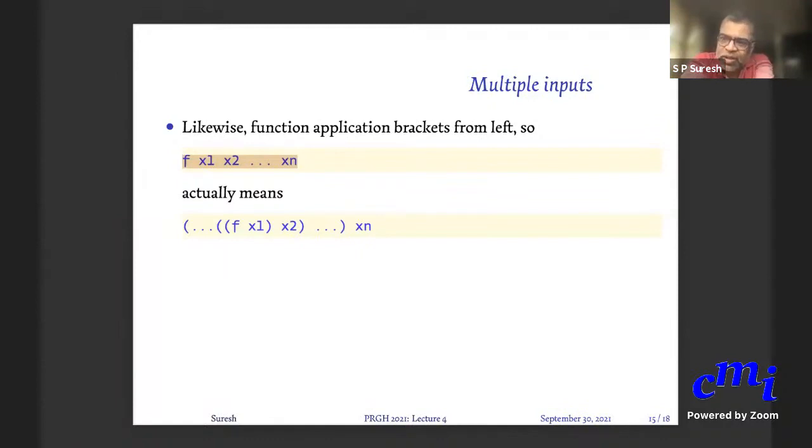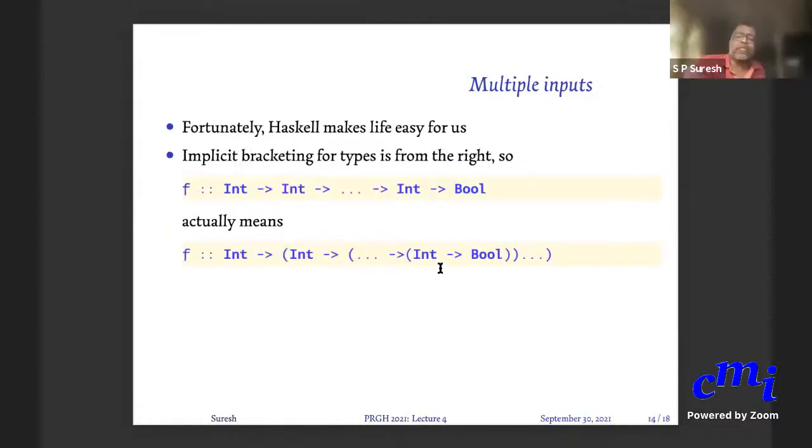Srimati, was it? So what's right associative then? Like you said, something is right associative, but the other is left associative. Plus is left associative in normal mathematics. No, in the previous slides, you showed. Yeah, types. When I write types like this, the bracketing is to the right. I'll write int arrow int arrow bool, which means int arrow within parentheses int arrow bool.